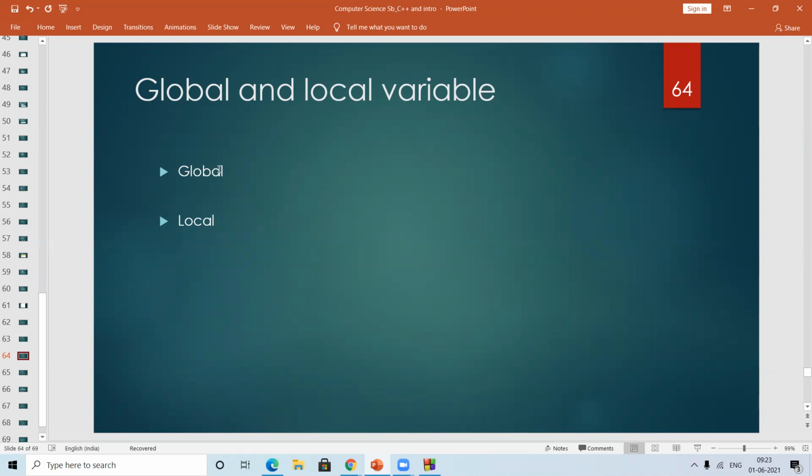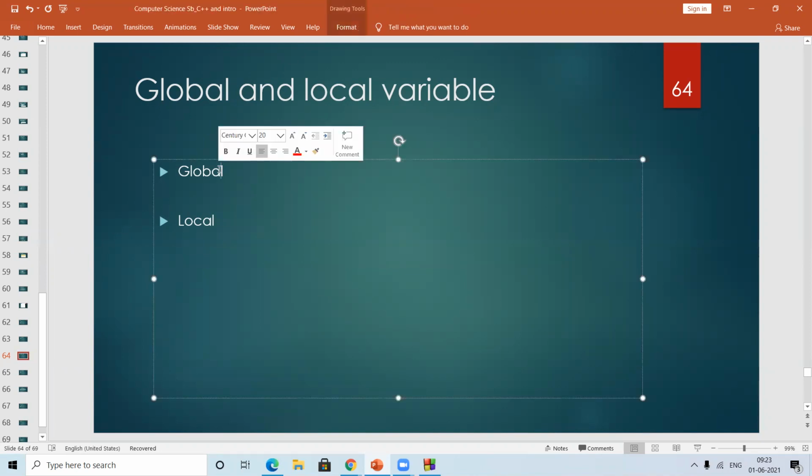When we say it's a variable, when we define something, it's a variable. Now, when there is a global variable, it is situated with one operator which is known as the scope resolution operator. What exactly is meant by global?